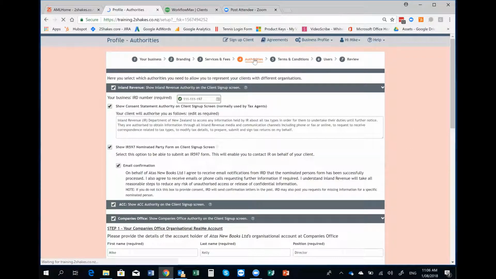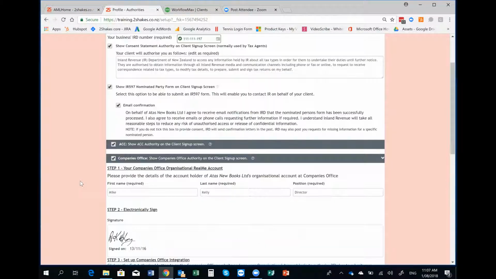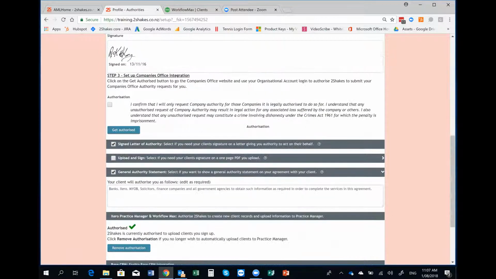Then we're into the authorities. Now, there's a lot of complexity in here, but this is something that can give you so much good value out of 2Shakes. This is where we can get authority with 3 government agencies: Inland Revenue, ACC, and Companies Office. We can also get signed letters of authority that we can send to other private organizations like insurance companies, banks,